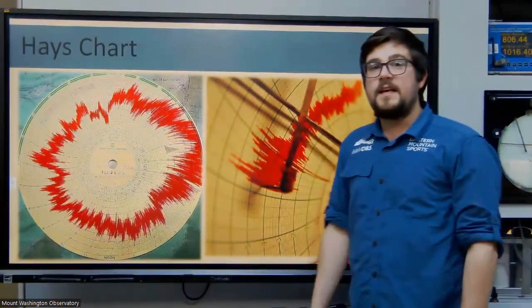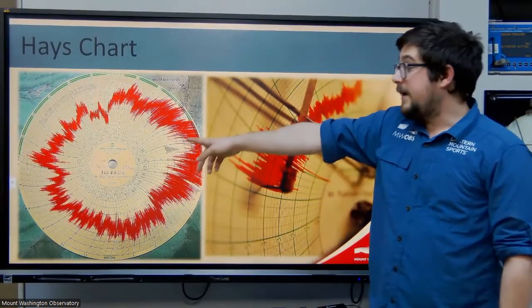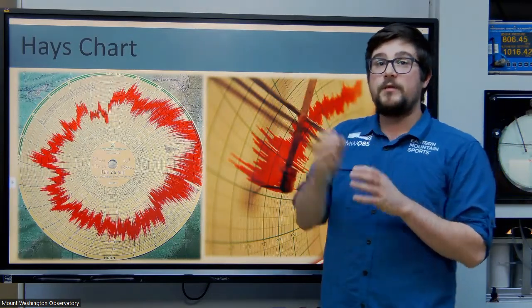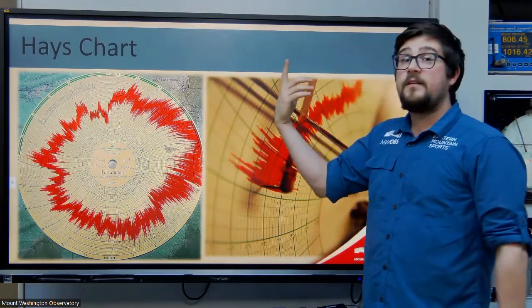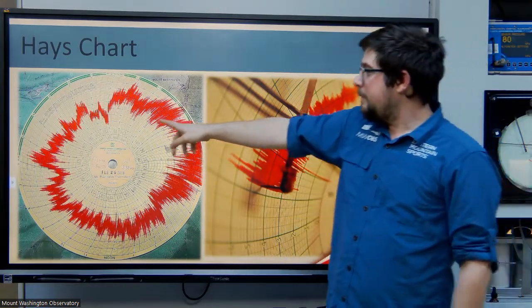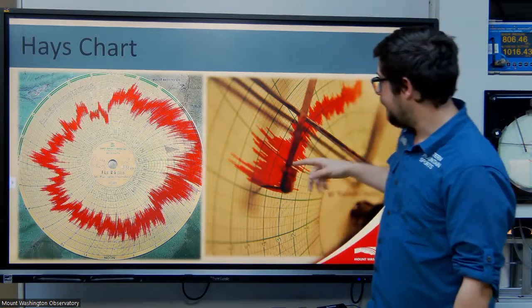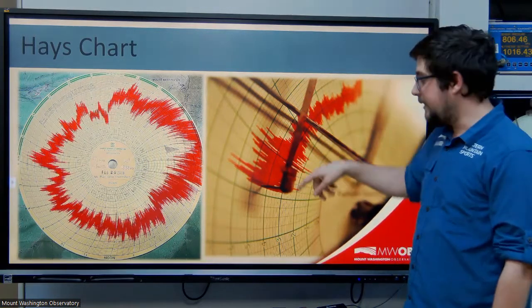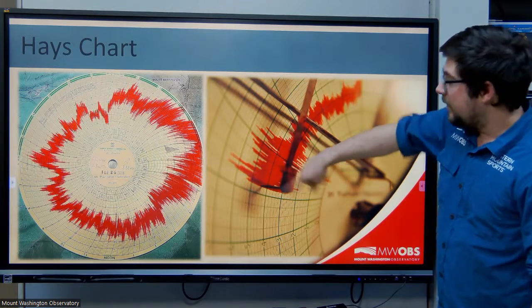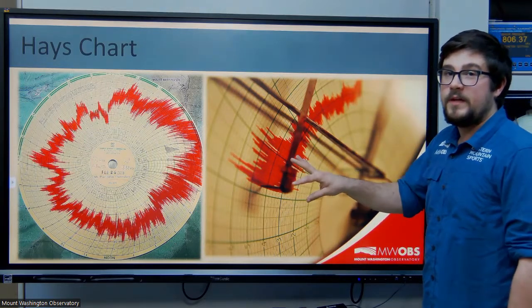We display the data from the pitot tubes on our haze chart, and a haze chart is simply a piece of paper that gradually rotates throughout the day. It's attached to the pitot tube above my head. The stronger the winds are, the further out this red line is going to go. The pitot tube is attached to this little arm here. The arm has a little bit of ink on it, and we'll notice it moving around all day long as that circle slowly rotates throughout the day.